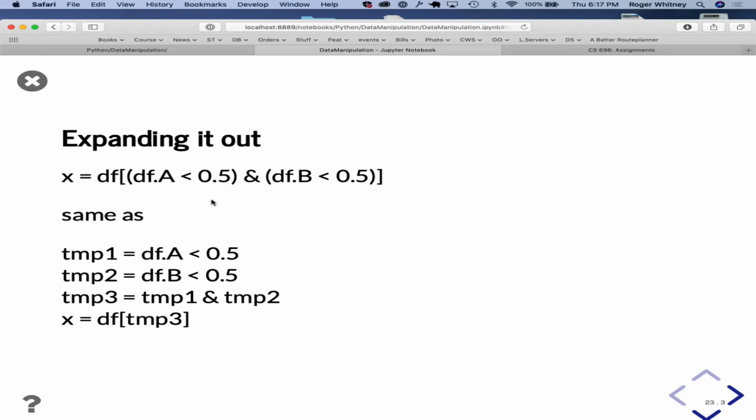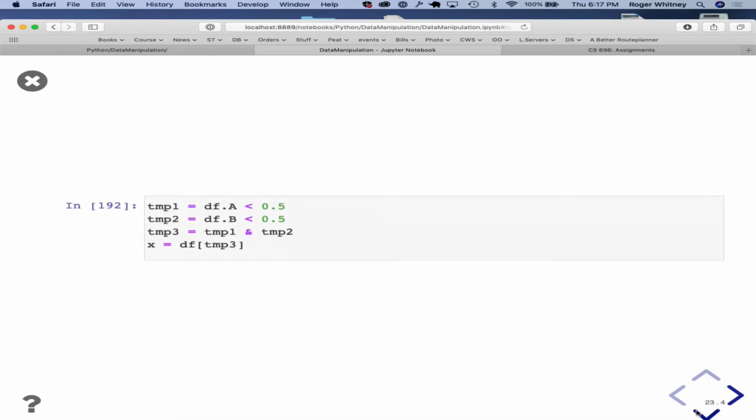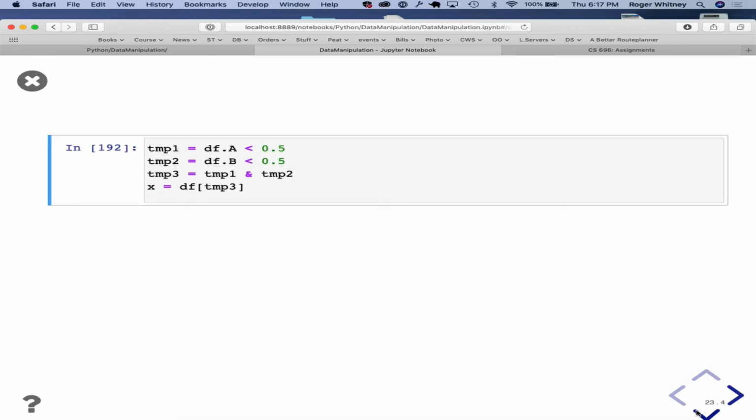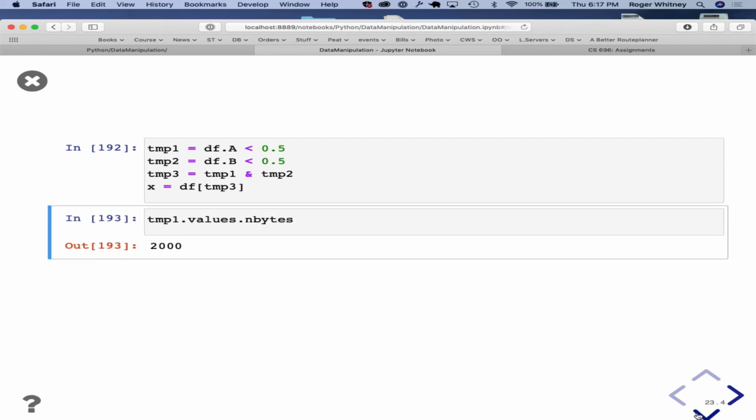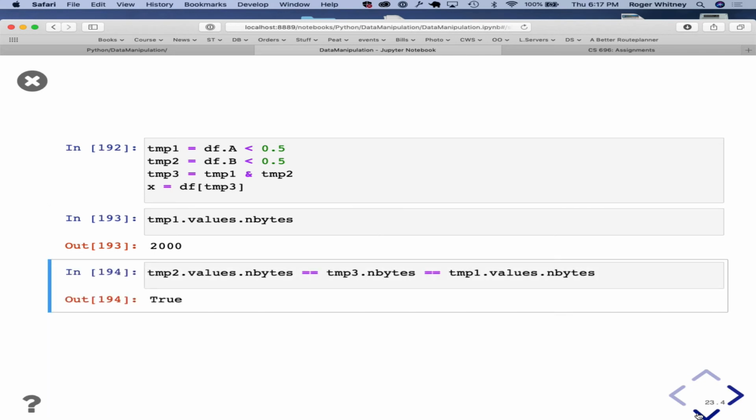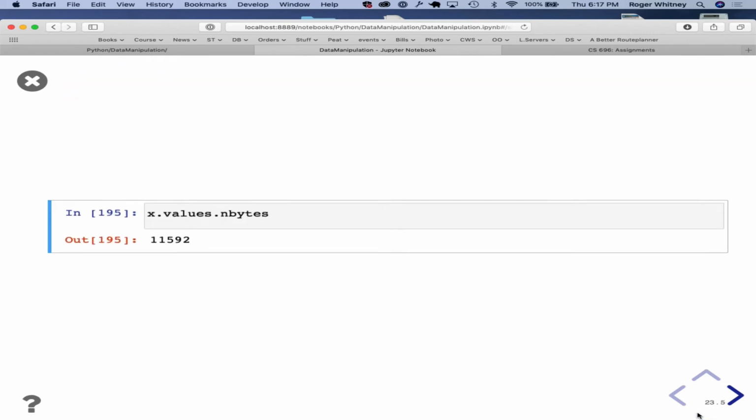So doing this, you're making all these temporary copies. And so all three of them have the same size. So if we duplicate that in the memory,